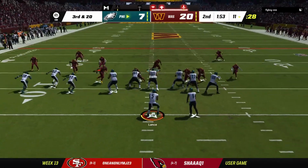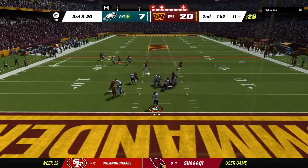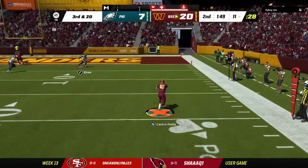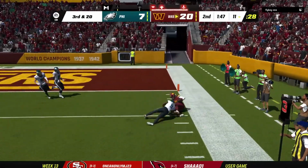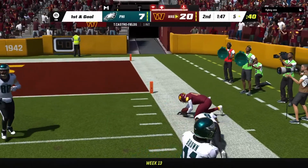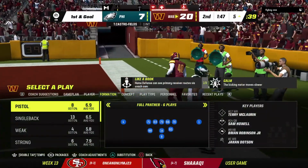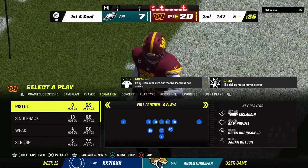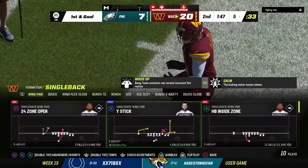down. Now a play fake. Lance. Trying for Brown, and it's intercepted. It's Tariq Castro Fields who picked it, and the Commanders are going to take possession of the football. But such a costly interception, nearly a pick 6, but now they're so close they are knocking on the door